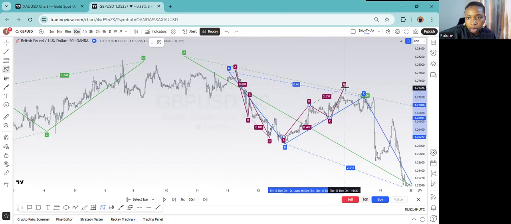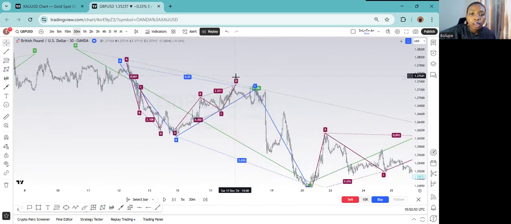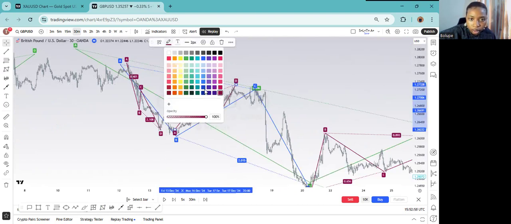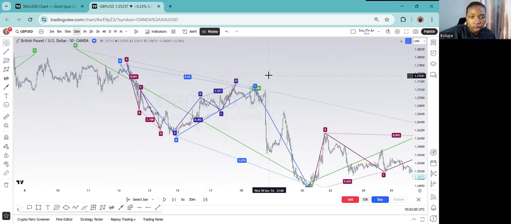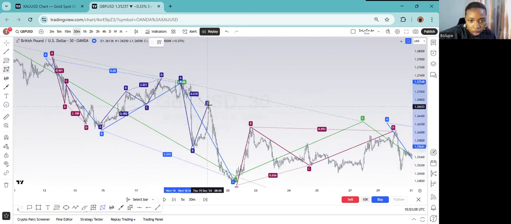Course correction, continuation, where the continuation phases color be different. Okay. Impulse, correction, continuation,